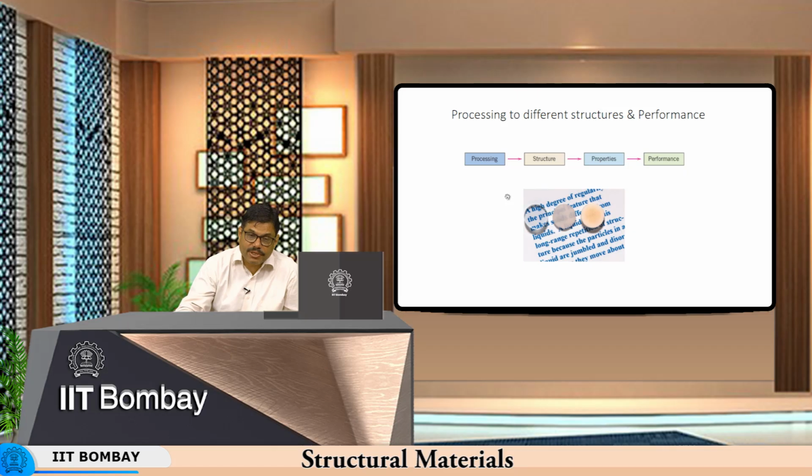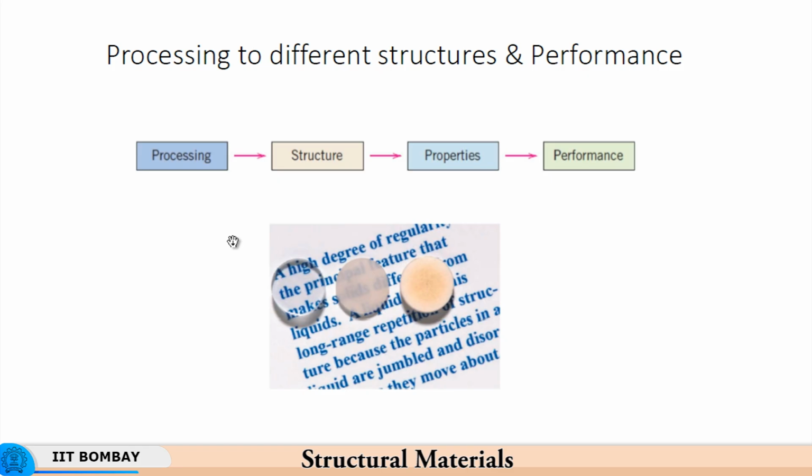The structure here is amorphous, here it is semi-crystalline, here it is fully crystalline. So, the structure in these three cases is due to the processing conditions. To get this and that, you do not have a single processing condition. You need three different processing conditions to get this structure as different from this, as different from that. So, each processing route leads to a different structure, and naturally that structure would lead to different properties. Here the transparency is very high, here transparency is nil, because of different structures